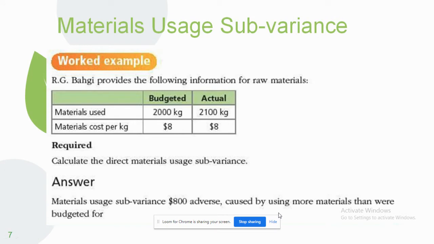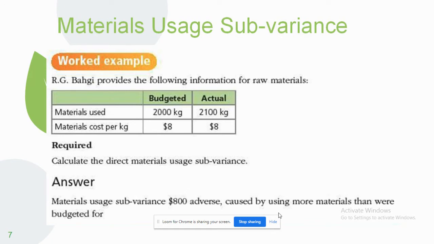An example here: RG Baggy provides the following information for raw materials. Materials used, budgeted 2000 kilograms, actual 2100 kilograms. Materials cost per kilogram, $8 budgeted and $8 actual. So calculate the direct material